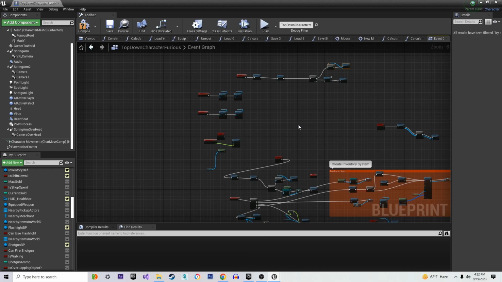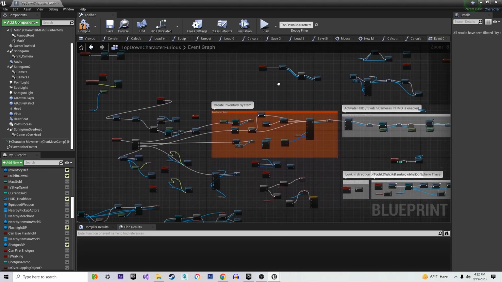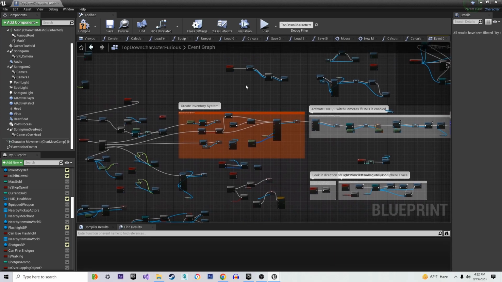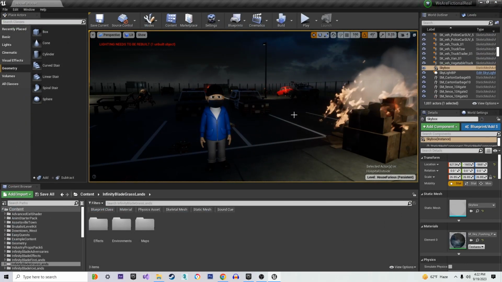However, this blueprint system is right up my alley, and I'm sure there's a lot of people who learn visually like I do, work visually, and this is an incredible system. It's got no rival. There's no rival to this system. It is incredible. Unreal Engine is a whole package,